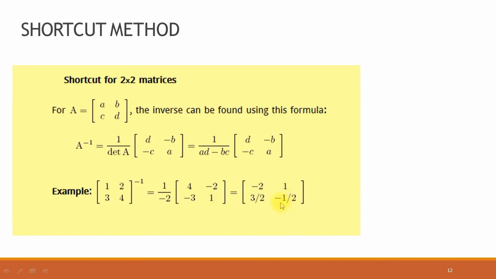So the inverse of a matrix having 2 rows and 2 columns can be easily found by this procedure. First of all find the determinant. For the determinant, multiply these two entries and then multiply these two entries, AD minus BC. This will be the determinant. And for the adjoint of this 2 by 2 matrix, change the position of these entries and change the sign of these two entries. We can find easily the adjoint of the matrix. And this is the end of this segment.